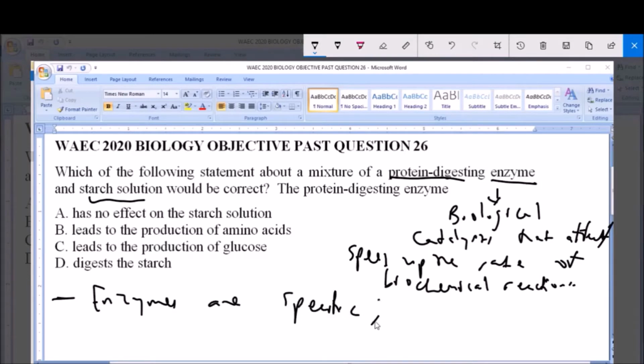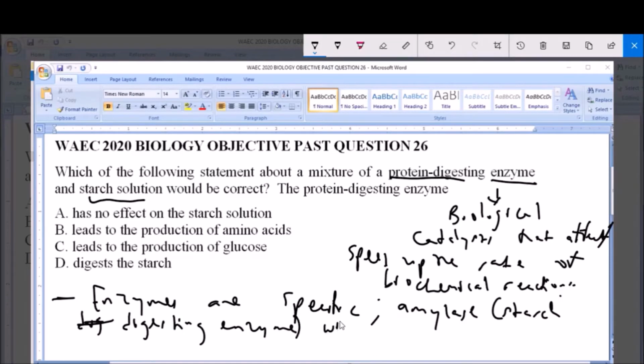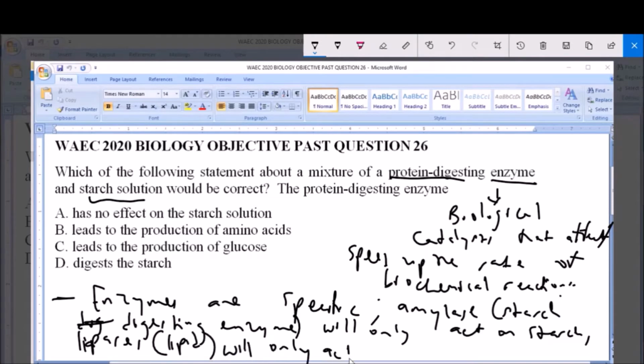So because enzymes are specific, amylase, for example, which is a starch digesting enzyme, will only act on starch. And where you have, let's say, lipases, which are lipid digesting enzymes, they will only act on lipids. So from the trend that we have established here, enzymes specific for one particular food class will only